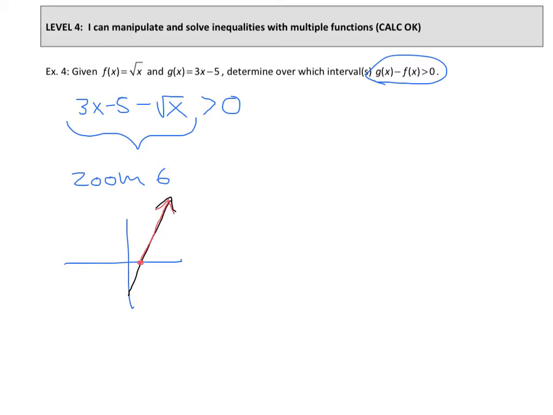So we want to give that in interval notation. So what we need to find is what is that x-intercept right there. And remember, to find an x-intercept, you're going to do second, trace, and then you're going to choose 0. And you go to the left, you go to the right, and you find that x-intercept. And you should get the point 2.16,